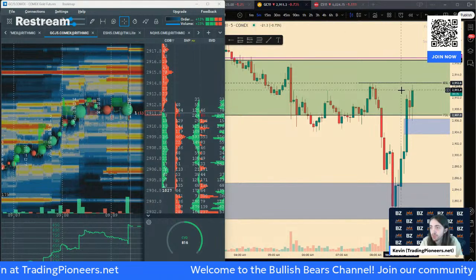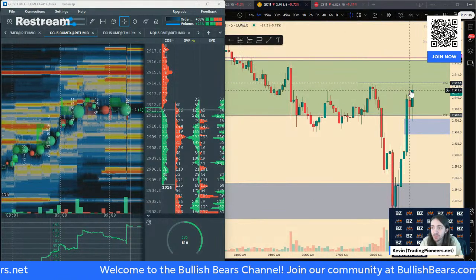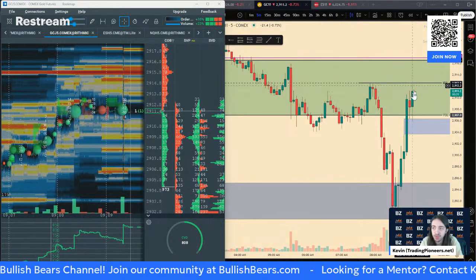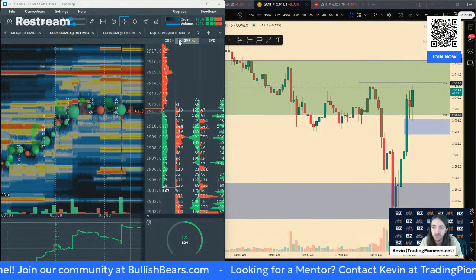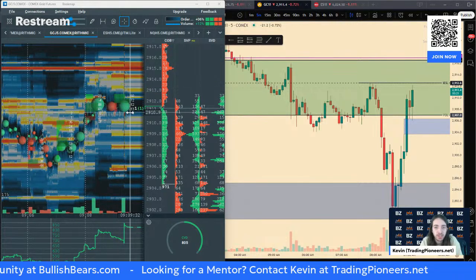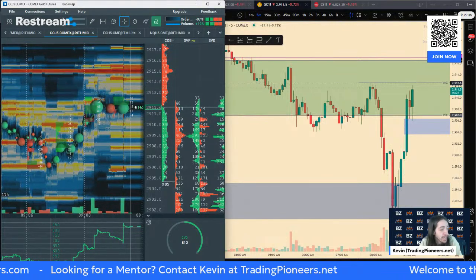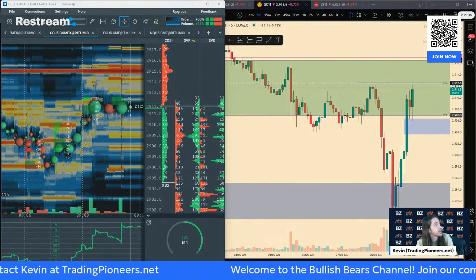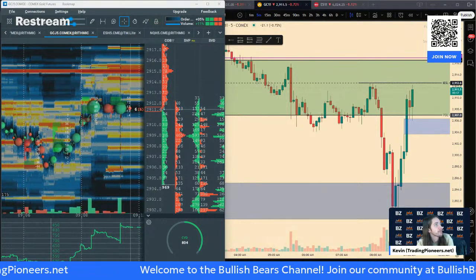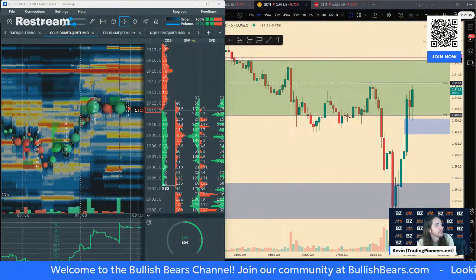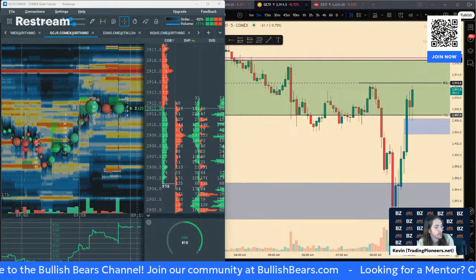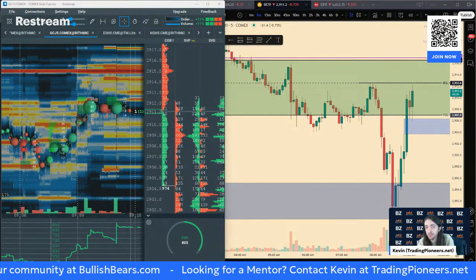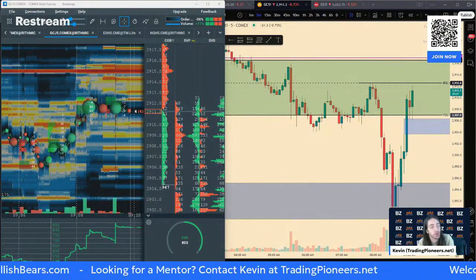Now, it could find some support and completely pop, but it could also find some resistance and completely drop. So that's why I got out, because we were hesitating right before this price level. Now, 30 seconds left, plenty of time for it to pop one more time, and it can pop one more time. I just wanted to play it safe. That was a nice scalp. That was a really nice scalp position off of gold.